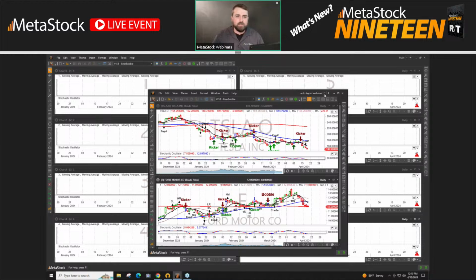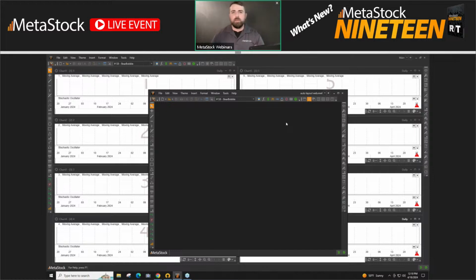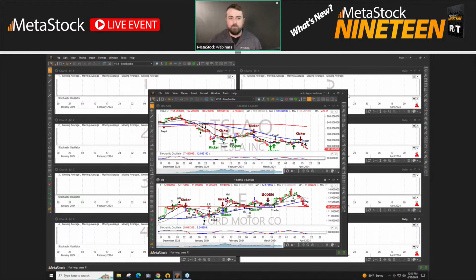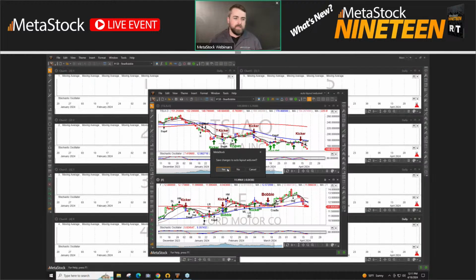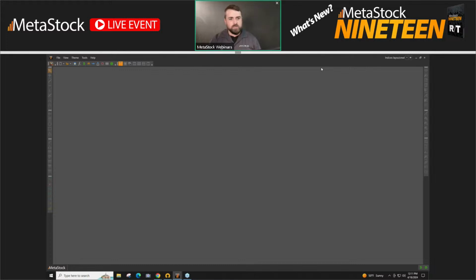And now there's something else I can also do. Say I come into the main, I close that down and I want to open it back up. Because it's saved as a layout with those in there, I can just come and boom, open up my auto layout here. You'll notice that there were some others inside of there as well, from my previous presentations and previous things that you might want to utilize this for. If I make any changes to it, I can save it. I'll go ahead and say, sure, yes. Another really popular one to use is an indices layout. So if you want to see all the different indices and what's going on with that and just have them saved easily, you can do that.